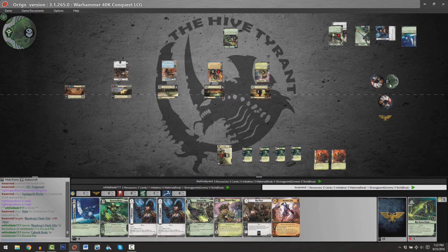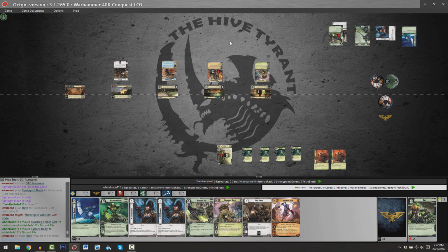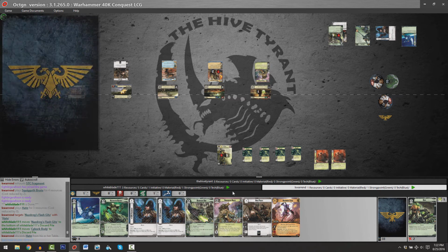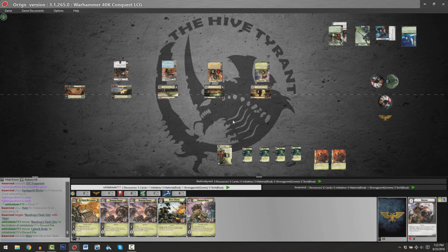So the enslavement tile indicates Orc. Hate is going to be played. That's the first time I've seen Hate played, and that is going to be a destroyed copy of Nazdreg's Flash Gits. I cannot help but feel like Eric may as well be throwing out the white flag here pretty shortly,